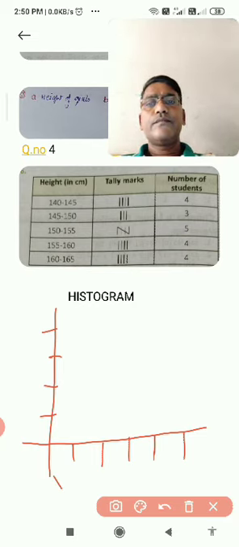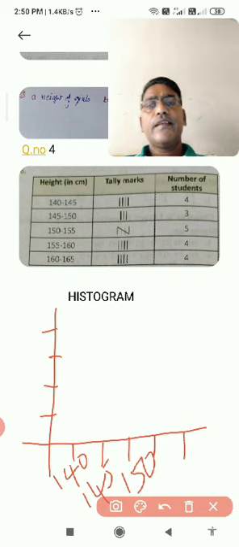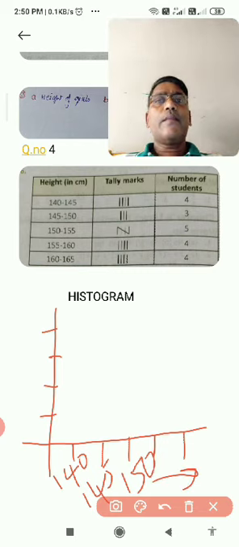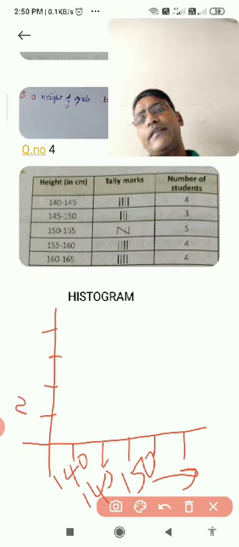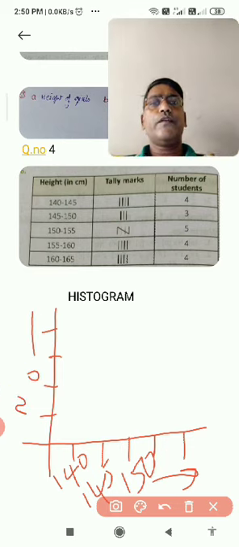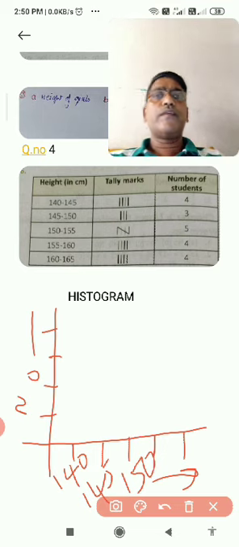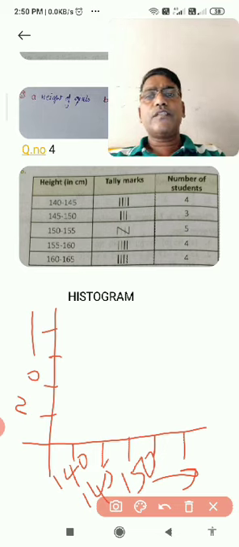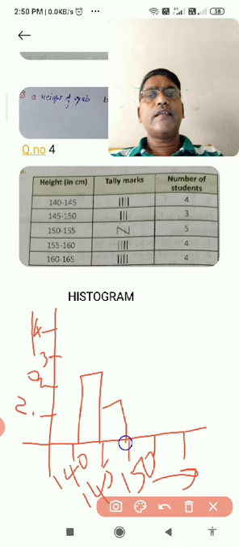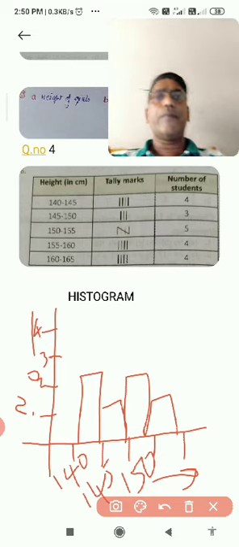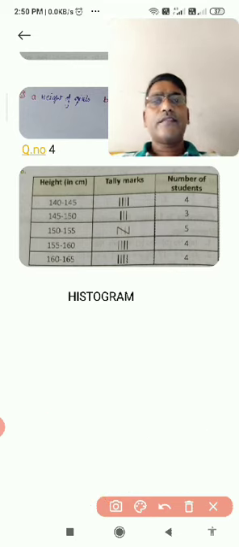So 140, not 40 to 50, 140 to 145, and 145, 150, like that we are going on this side. And tally marks and number of students will be taken this side. Clear to you? First, for example, 140 to 145 is 4. So 1, 2, 3, 4 like this. So we are making 140 to 145 like this, and another 3 is there, and another 4 is there, and again 4 is there, like this. Roughly we are going to prepare. Just roughly I am explaining to you. Then I will show the answer of this.